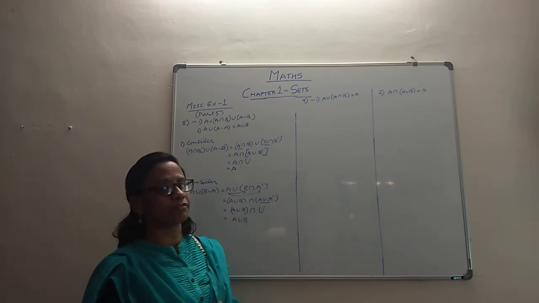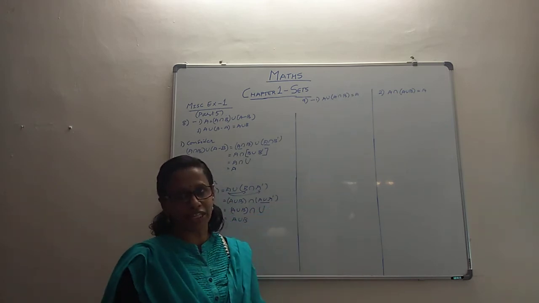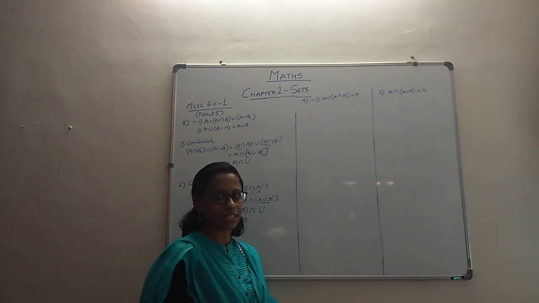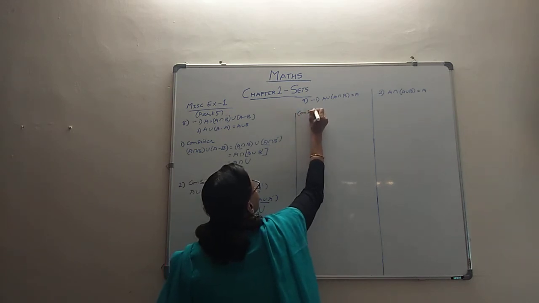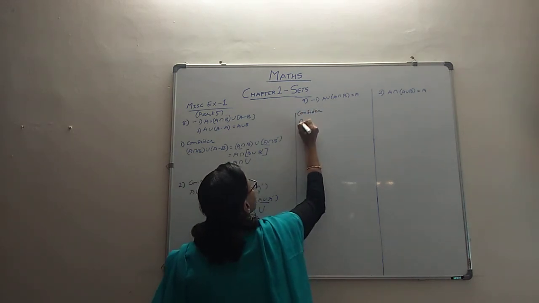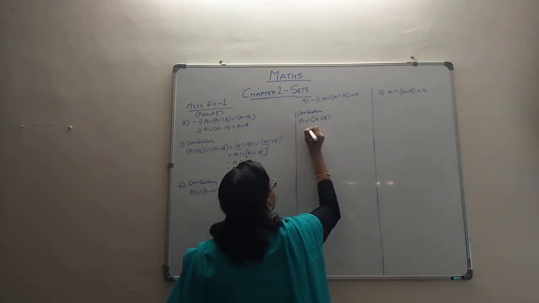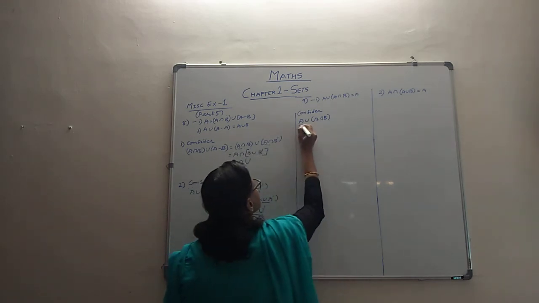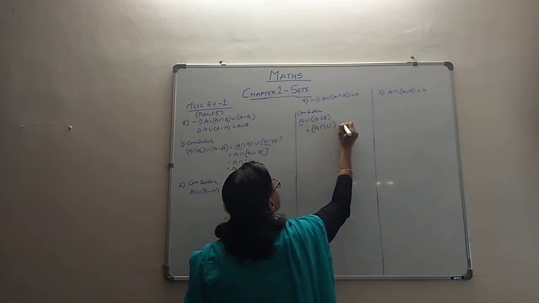So this property we will try to show: A union A intersection B is equal to A. We need to show that. For that also we can start with this side and gradually show that it becomes equal to A. So let's consider maybe A union A intersection B. Now this particular statement, there is no harm if I write, instead of this A, A intersection universal set.